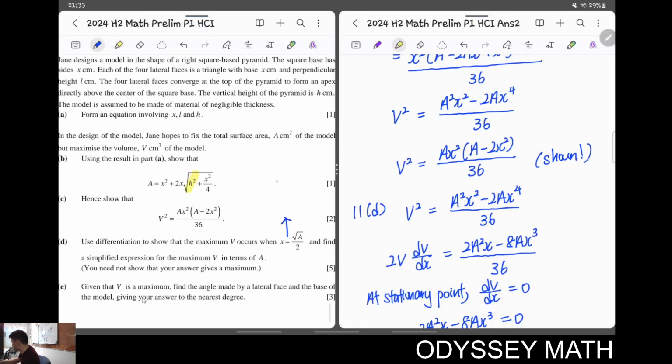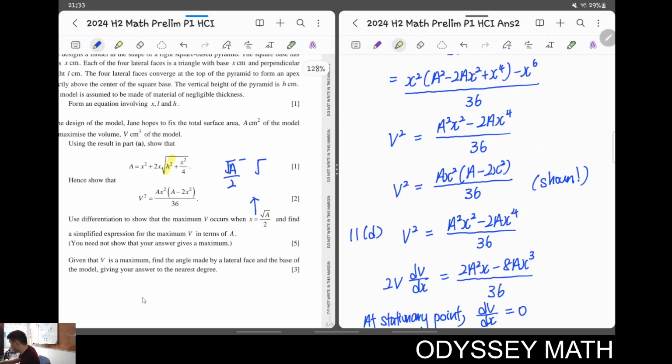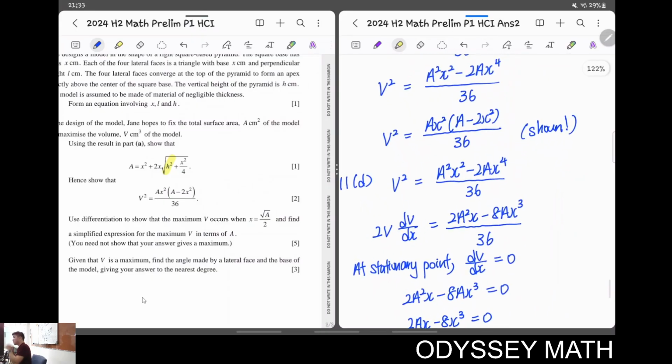In A level, it's harder than A math. You know this thing? You should have done it before, right? Correct? Like that. Your A level differentiation is no longer numerical. It will be like that. Okay, so I'm going to point this out to you. This paper is nice because they put V square. If your A level gives you this,